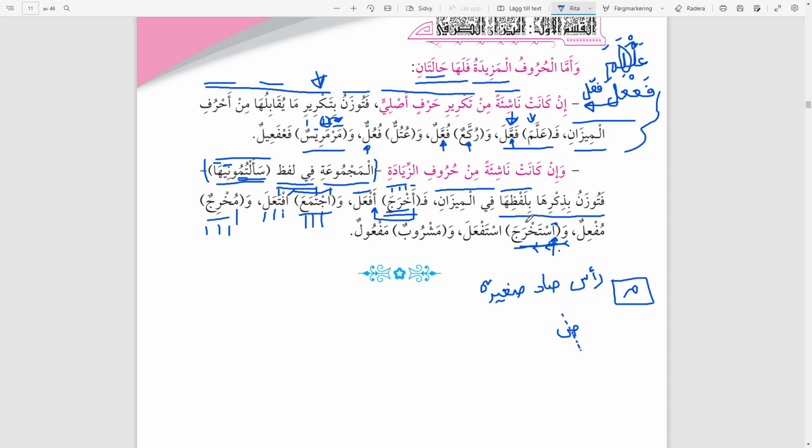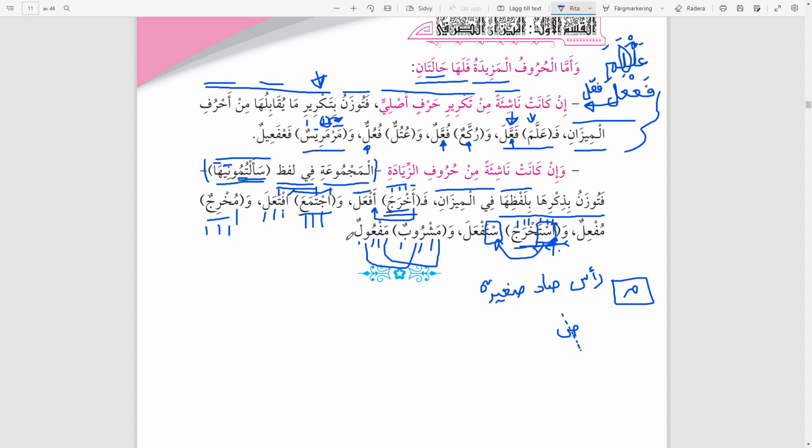So here we have the three fundamental letters again, and the ta, sin, hamzatul wasl, they are kept as is, transferred as is. Here we go. استفعل, استخرج. And مشروب. I think you get the hang of this. So this one here, this one here. مشروب